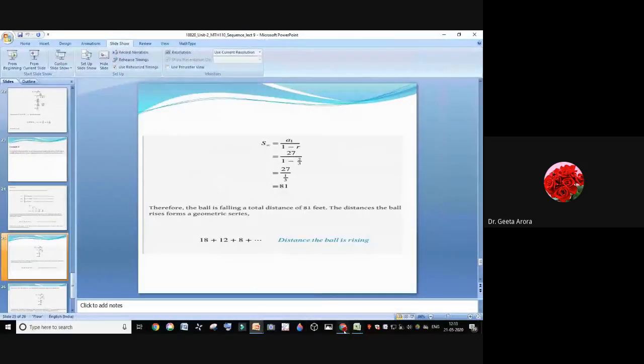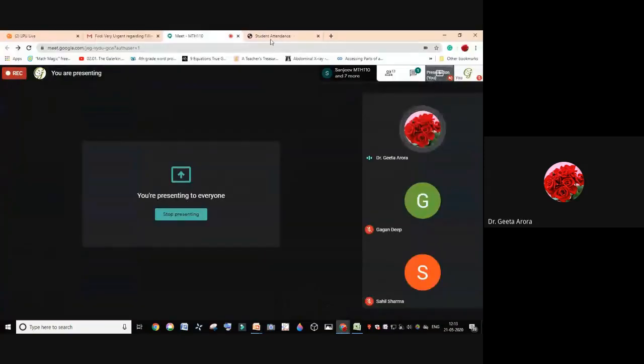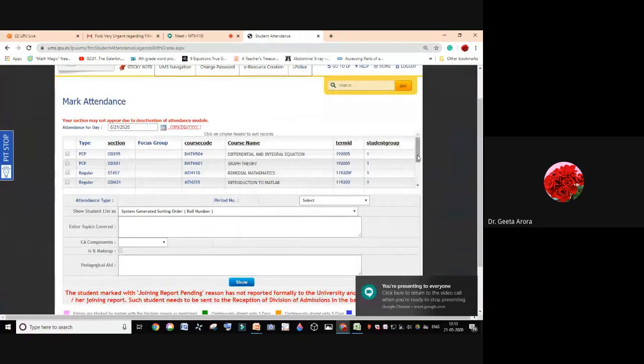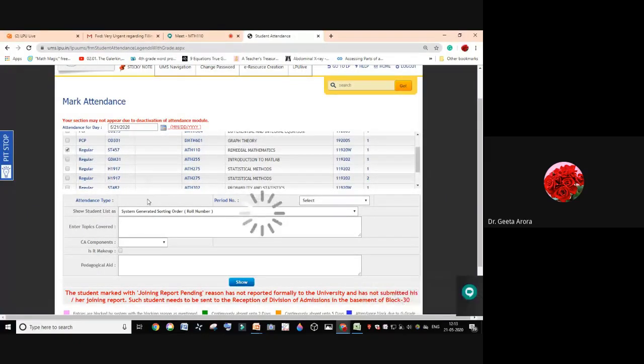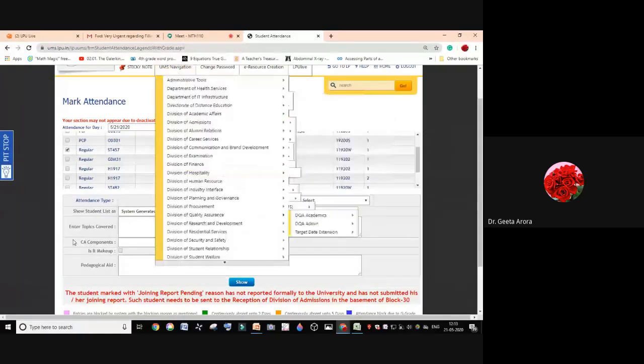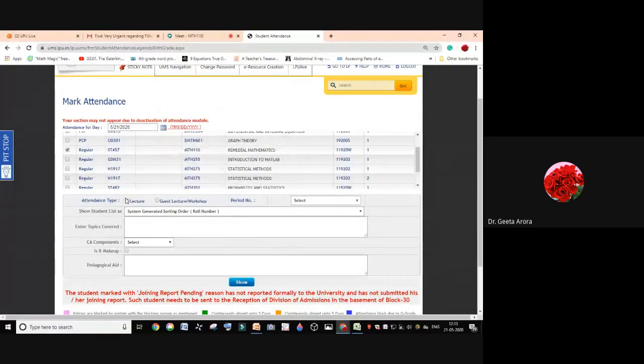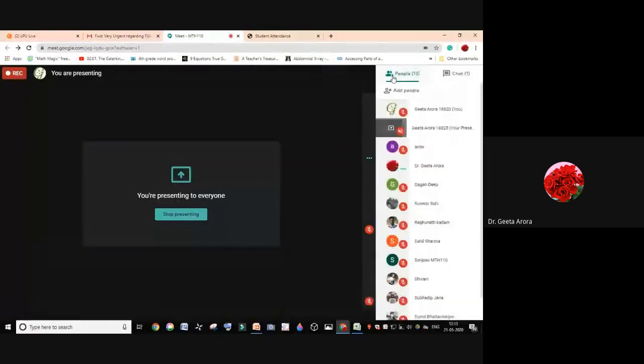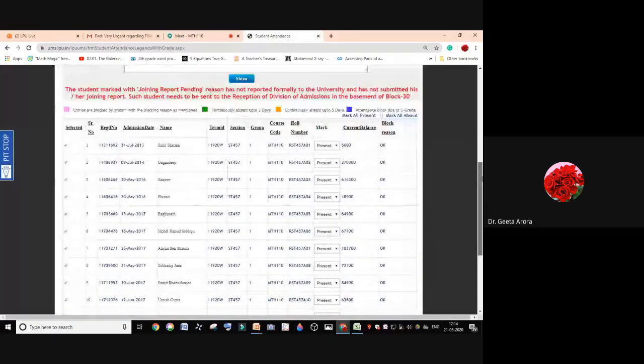Those who are present at this moment, I'm going to mark their attendance, and I'm not going to take any request from others that they are present or not. You have to be here at the time of attendance only. Correct? Total 13 are being shown, and in 13, 3 are mine, Geeta Arora 3 times. It means total 10 are present here. Let's see who 3 are absent.